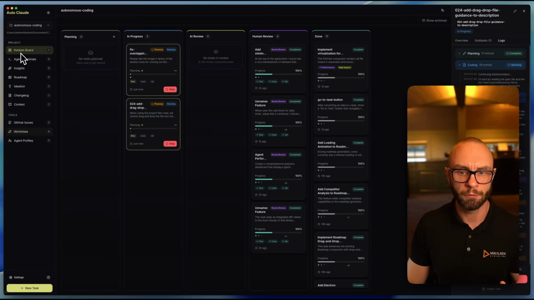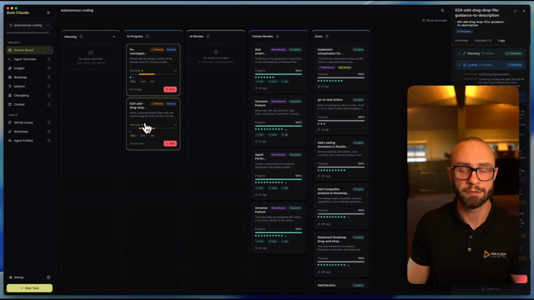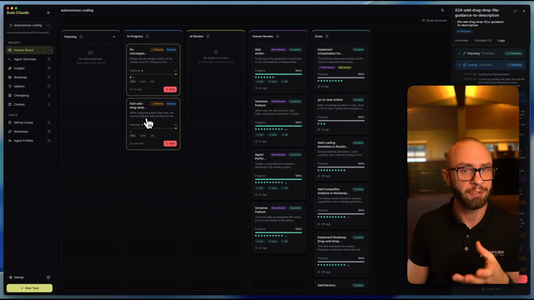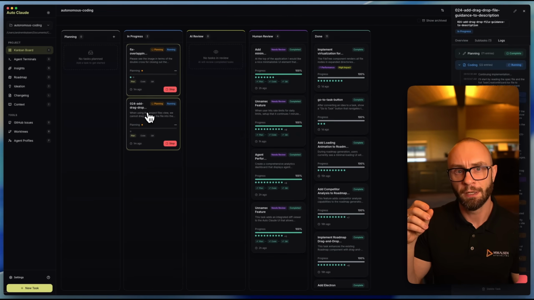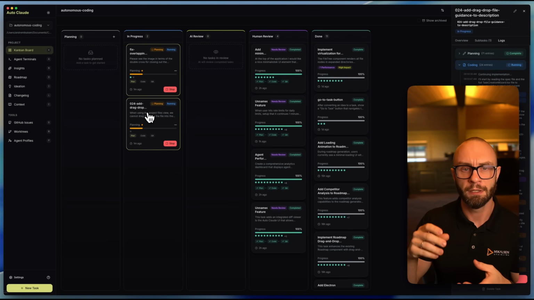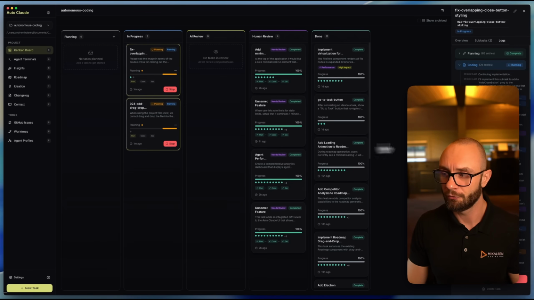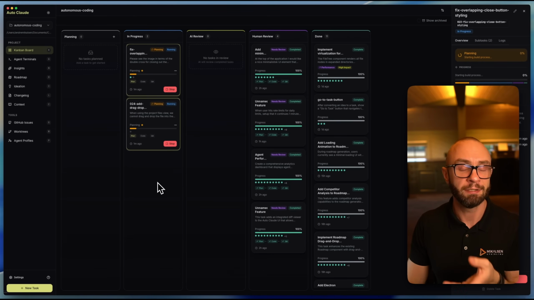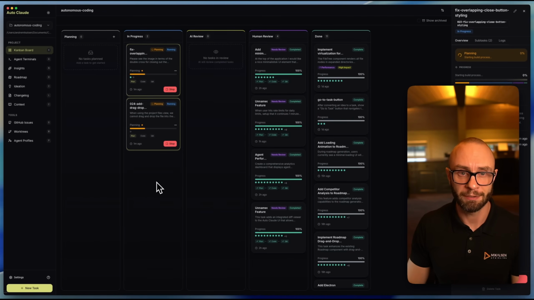So you can safely work on the same files, as in this case, on 2 different tasks. And if you're a developer, you're going to be like, hey, we're going to have merge conflicts. But inside AutoCloud, we have this merge conflict AI layer, which does a little bit of programmatic things, but also has an AI that does the refactoring and handles merge conflicts if there are any in these 2 tasks. Once it's done, we're going to see that it's actually a merge conflict, and we can just quickly, with one button, solve it, and everything gets done correctly.